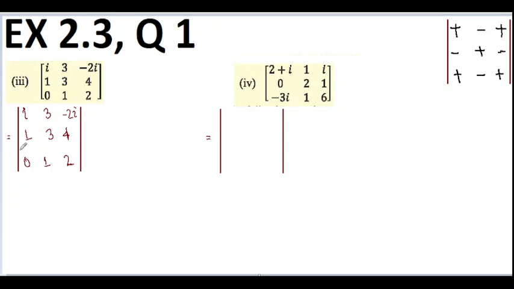So for this we are going to use row number, okay, leave it up to yourself, and you have to check yourself whether you've learned how to find the determinant of a 3 by 3 order matrix. You have to do it by yourself and then match your answer with the answer at the end of your book, and see if your answer is right or wrong.